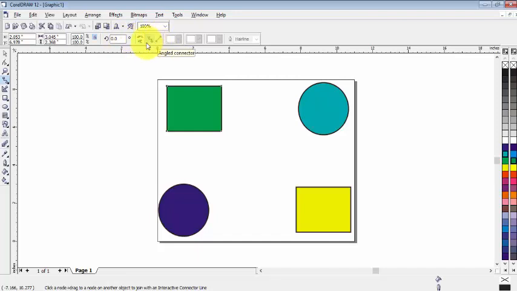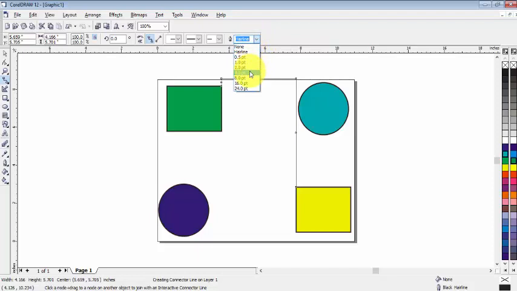Now we have two types of connector, like straight connector and angled connector. So first select angled connector, click on node and hold the left mouse button and drag it like that and release the mouse. So you can see now we have a line and now they are connected with each other. First increase the width of line so you can understand easily.